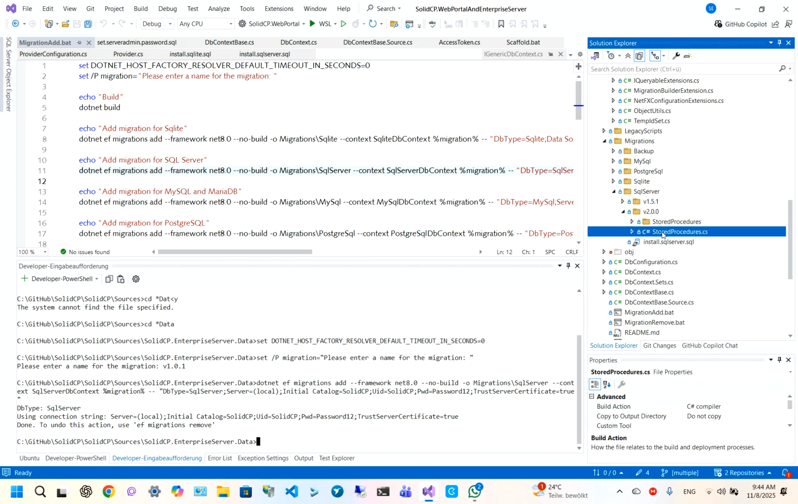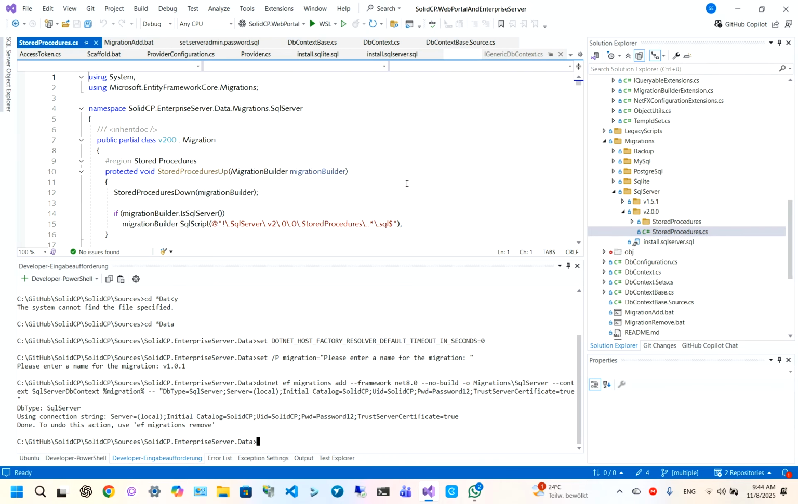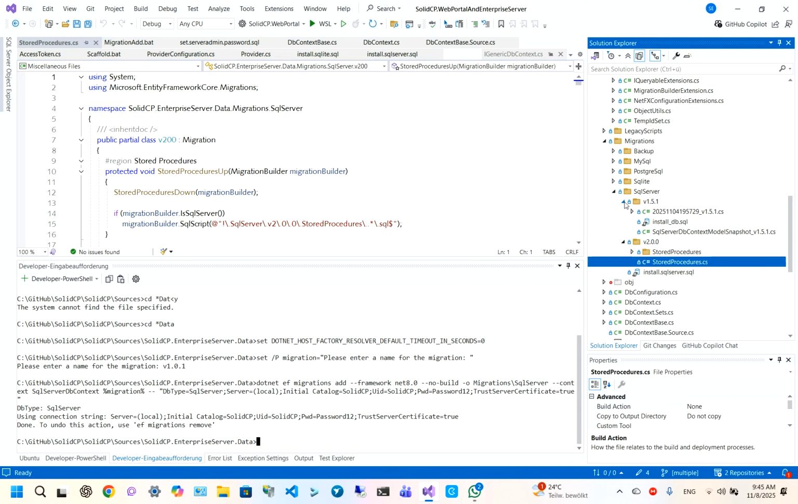And we also need to not compile the stored procedures. We don't delete the stored procedures. This initializes the stored procedures, but we put compile to none because it's a partial class, part of the migration. But we need these stored procedures. We don't delete them, and then we can create a new migration for only version 2.1,